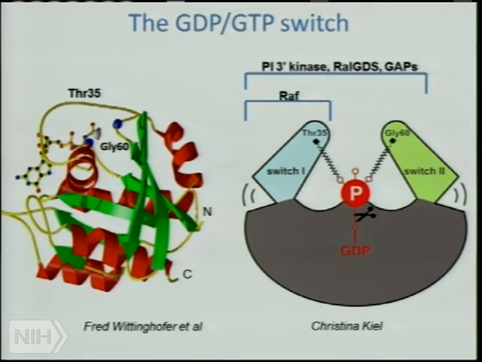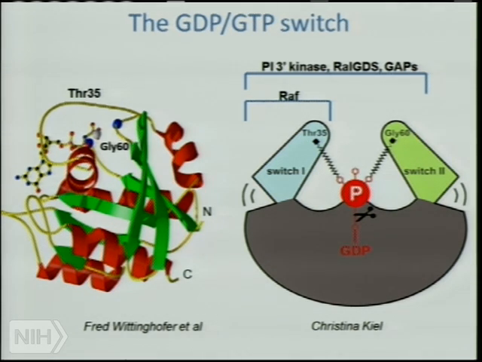But anyway, again, the activity of the protein depends on whether you have GTP or GDP. And this is how the switch actually works, shown on the right. So here's GDP with a gamma phosphate to make it into GTP. The gamma phosphate of GTP actually holds these two parts of the RAS protein in a rigid configuration, switch 1 and switch 2, which are these two parts over here. So this is where RAF and PI3 kinase and RAL-GDS, the three effectors that are highlighted previously, bind to RAS